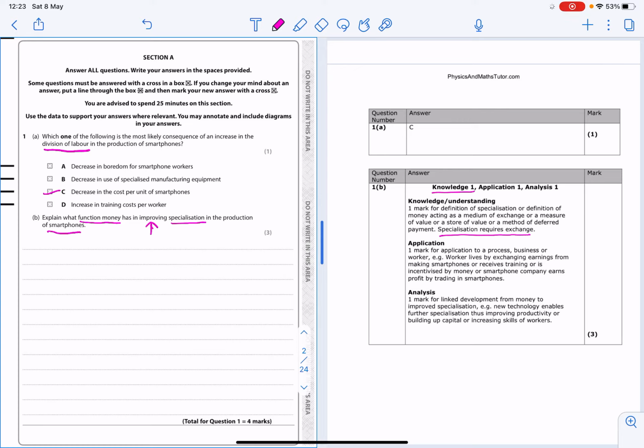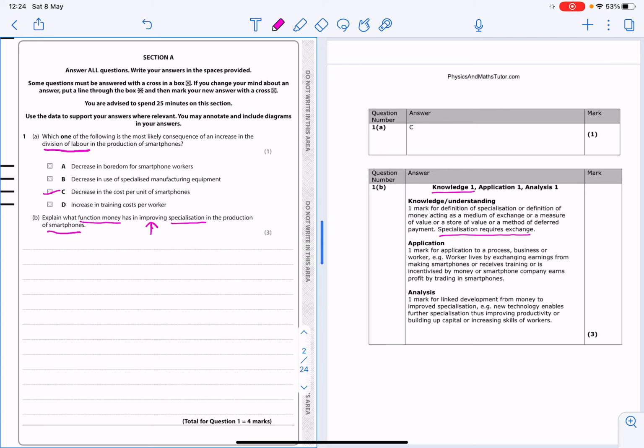So they've given you an example here. It says 1 mark for application to a process, business or worker. It's not really very clear. An example is going to make it clearer. So e.g., a worker lives by exchanging earnings for making smartphones. So what he's doing is he's getting money for doing his job. That's where the function of money comes in, because the function of money is paying him for his work. So he works by exchanging earnings for making his smartphones,